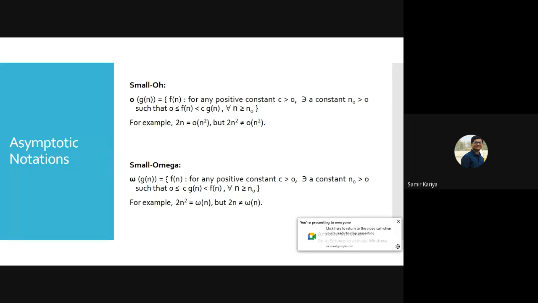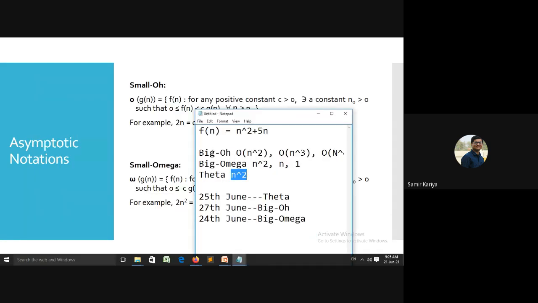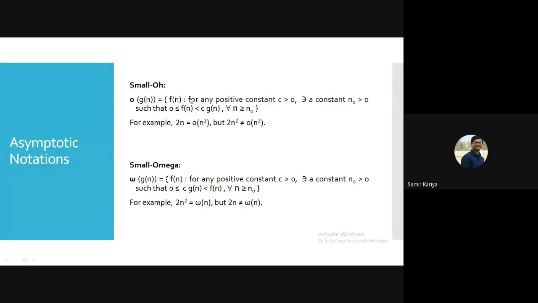मतलब जो उसमें maximum time लिख रहा था ना, ये जो example है, this one. Big O में क्या लिख रहे थे, n square, n cube, n raised to 4. बट स्मॉल o में मैं इक्वल वाला नहीं लिख सकता हूँ, उससे हायर ही लिखना है. So that we can say that f of n is less than only, not equal. Just follow this definition. Here it's a less than.